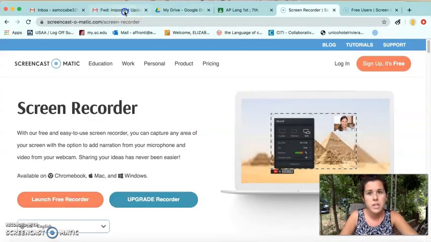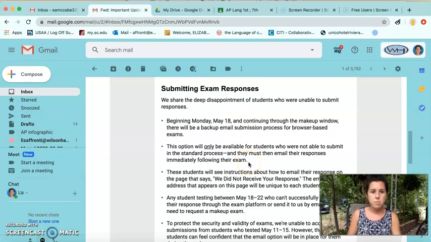The other thing has to do with submitting your response. So I got this email saying that with the AP testing going on, some people have had trouble submitting their assignments, and what they're doing is they're allowing you to send an email if it tells you that they did not receive your response.